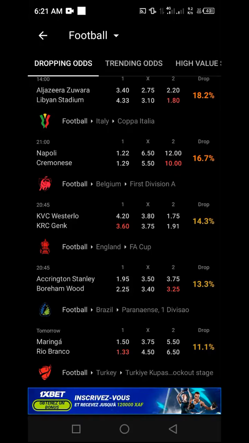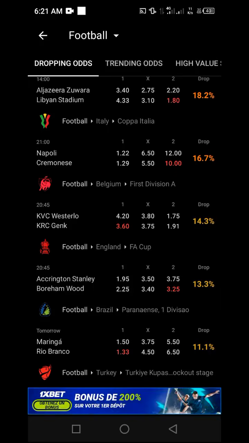If the odds were between 1.10 and 1.50, as in the case of Napoli, which was 1.22, then we would have looked at the possibility of a straight win. But since in this case the odds of Genk to win as the favorite team are already above that range of 1.10 to 1.50,